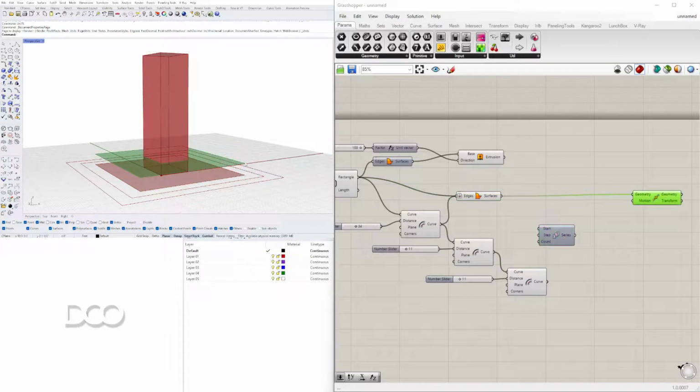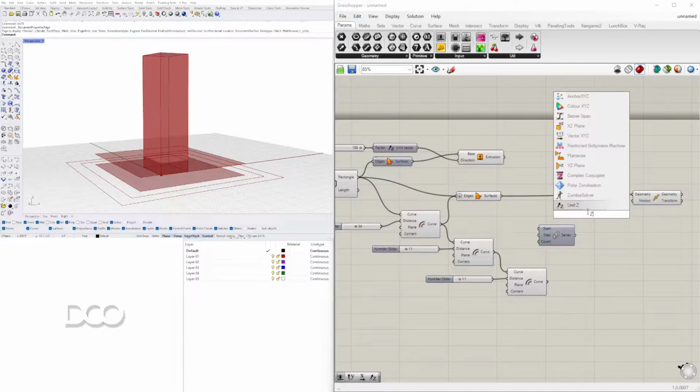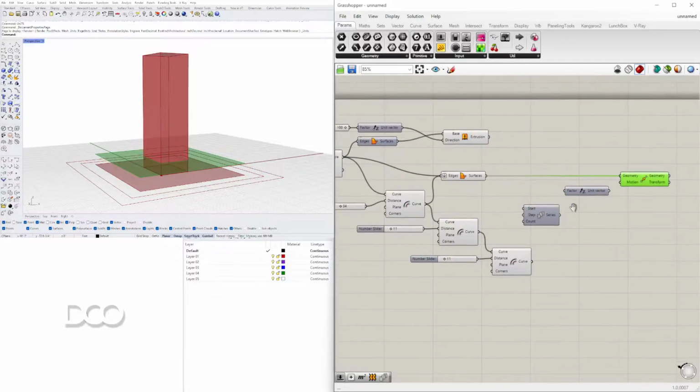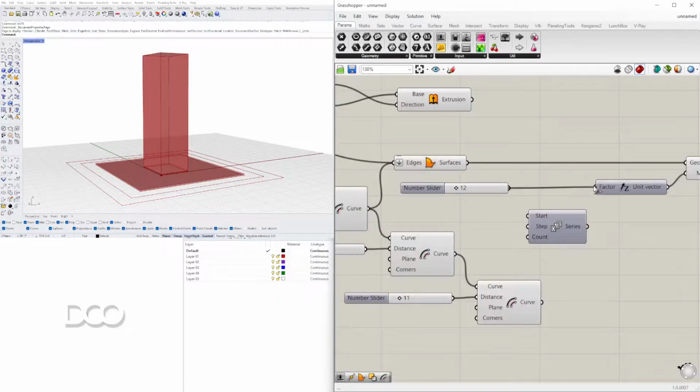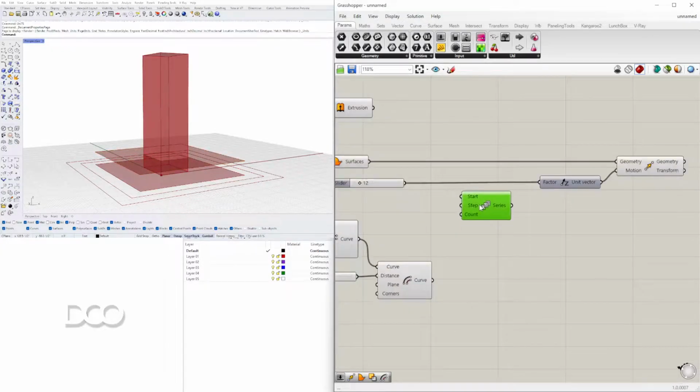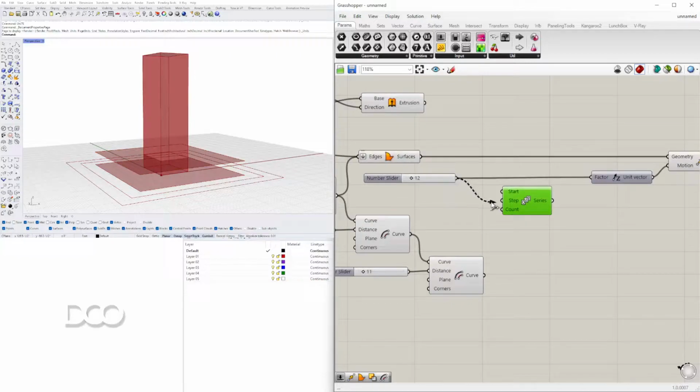Now we do want to move this up in the Z direction, so I'll double click here and bring in a unit Z. Now I can plug in that unit Z into the motion and see that I can plug in a value for the height. So I can say 12, copy this 12 feet from the first one. What happens is, since this is only one number, we want to create a series of numbers that steps by 12. So I'll plug in that 12 into the step, and I'll unplug it from the Z vector, because now we're creating a series of numbers stepping by 12